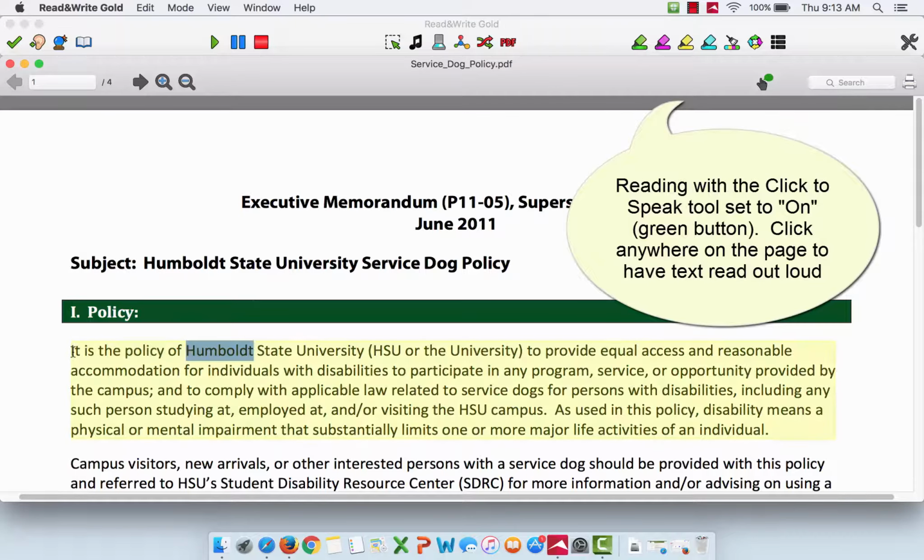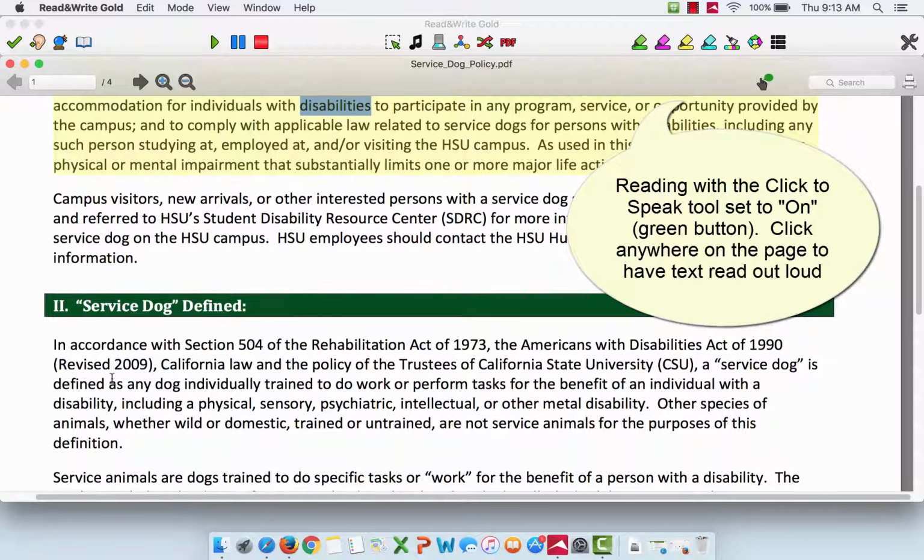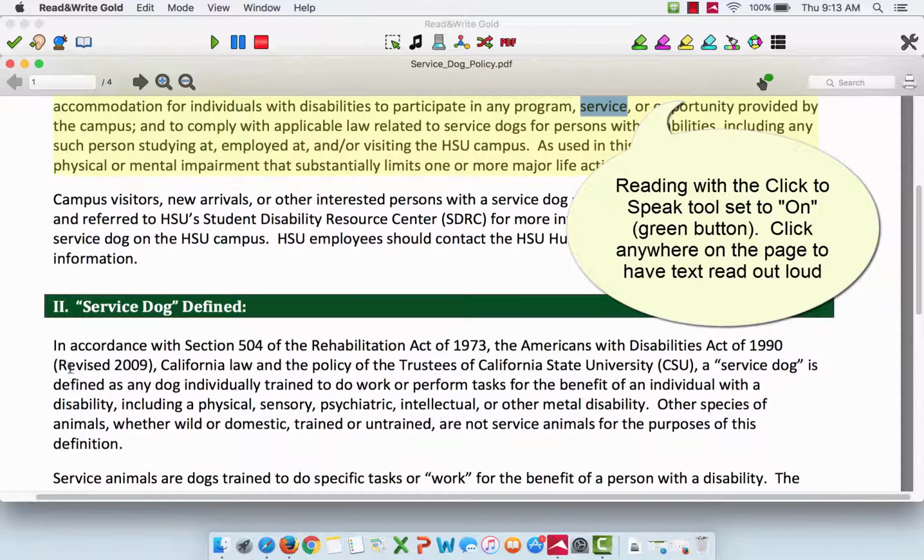It is the policy of Humboldt State University, HSU, or the university to provide equal access and reasonable accommodation for individuals with disabilities to participate in any program, service, or opportunity provided by the campus. In accordance with Section 504 of the Rehabilitation Act of 1973,